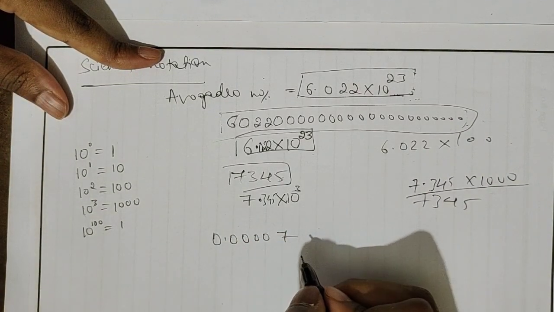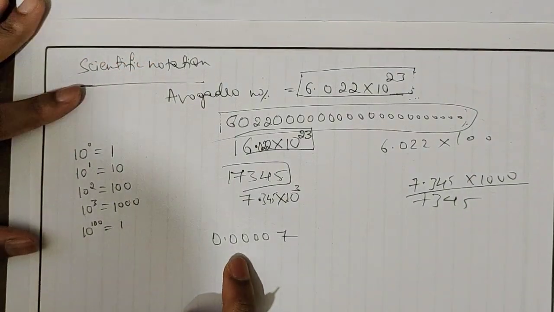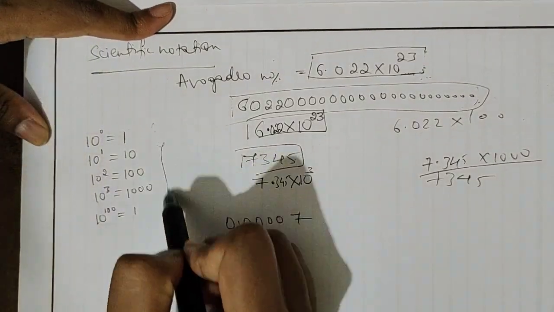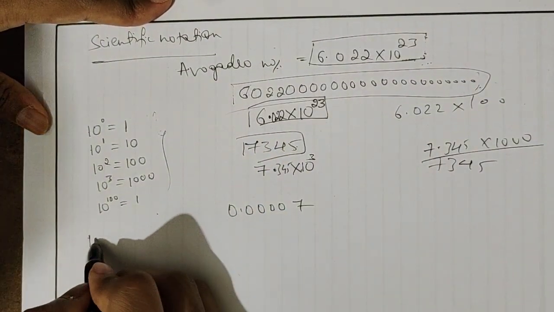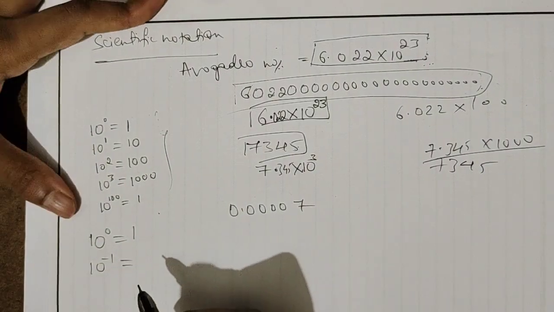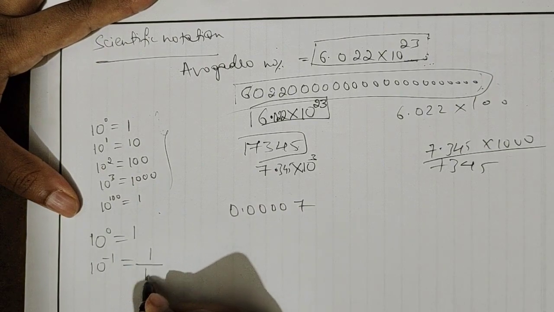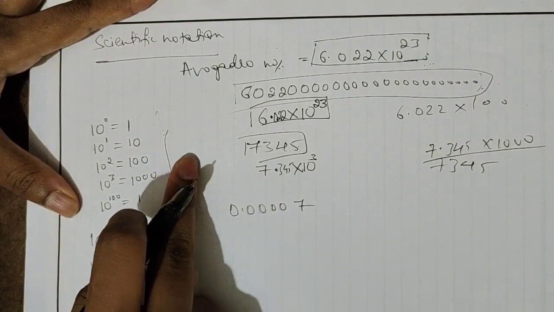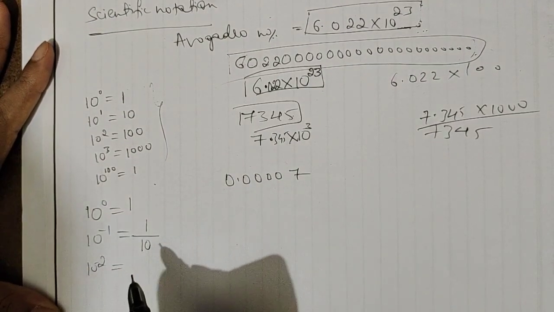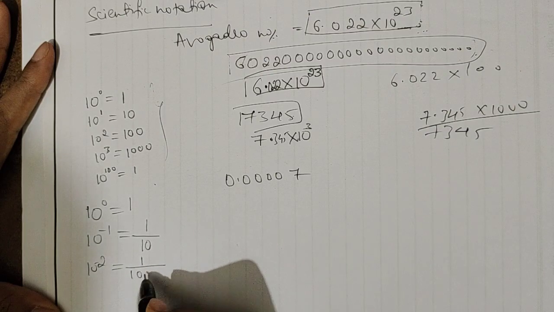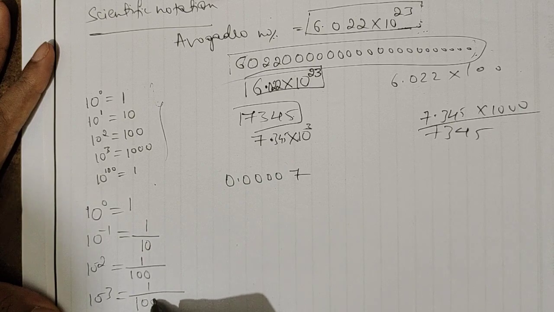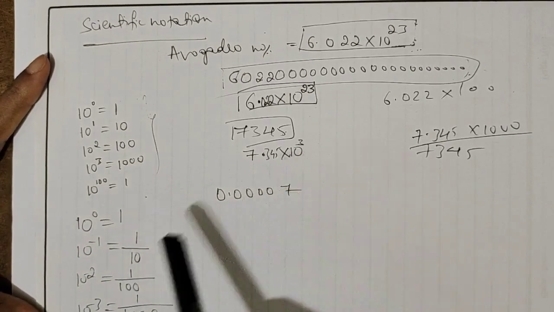Now let me take one more example, that is 0.0007. Here 4 zeros we have, but this is already in a decimal form, right? And this is a very short number. How to write this in a better way? For that, all we got here was positive values. Let me take one more thing. 10 to the power 0 is 1. 10 to the power minus 1 indicates 1 divided by 10. Here it is the multiplication way, here it is the division method. So 10 to the power minus 2, how much will I get? 1 divided by 100. 10 to the power minus 3, 1 divided by 1 with 3 zeros. Clear? Here you need to multiply, here you need to divide.